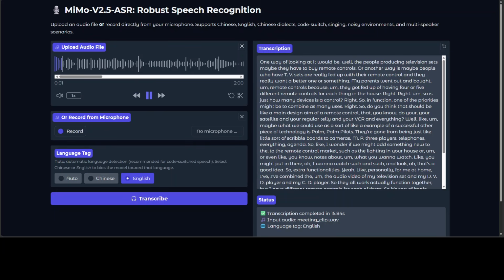One way of looking at it would be, well, the people producing television sets, maybe they have to buy. People who have TV sets are really fed up with their remote control and they really want a better